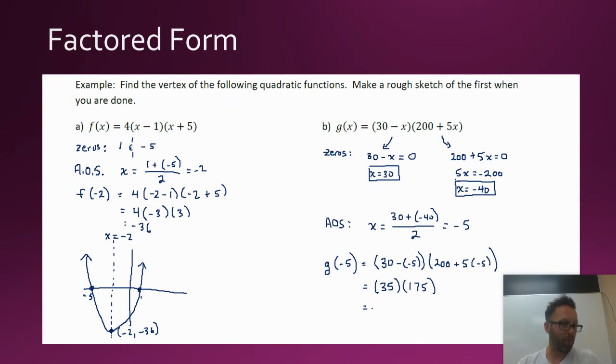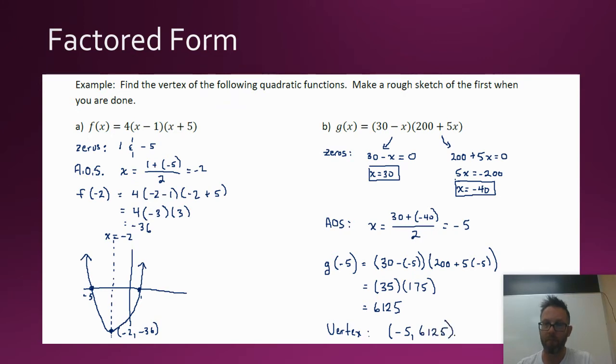Now, 35 times 175, I definitely have been shooting videos too long. I cannot do that in my head, at least easily. So, 6,125. So we found the vertex. The vertex for this particular quadratic function is at -5,